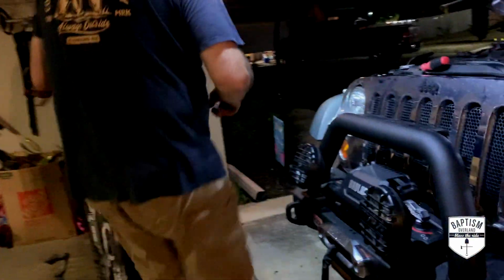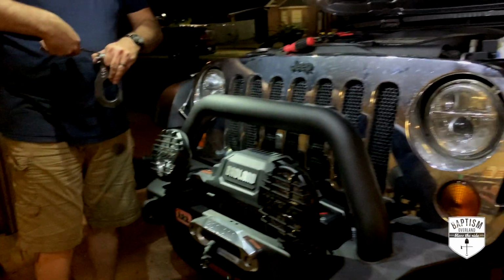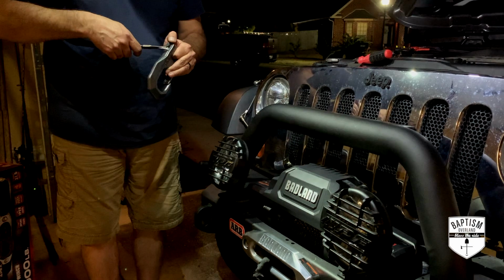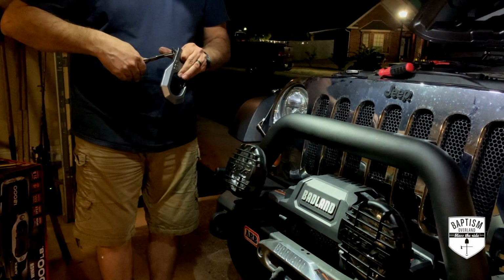All right, I think we are finally done after how many hours? Only because of mounting. Oh, what a pain in the butt that was. We're going to go ahead and put the hook on, which I love, man. It's a nicer hook than...